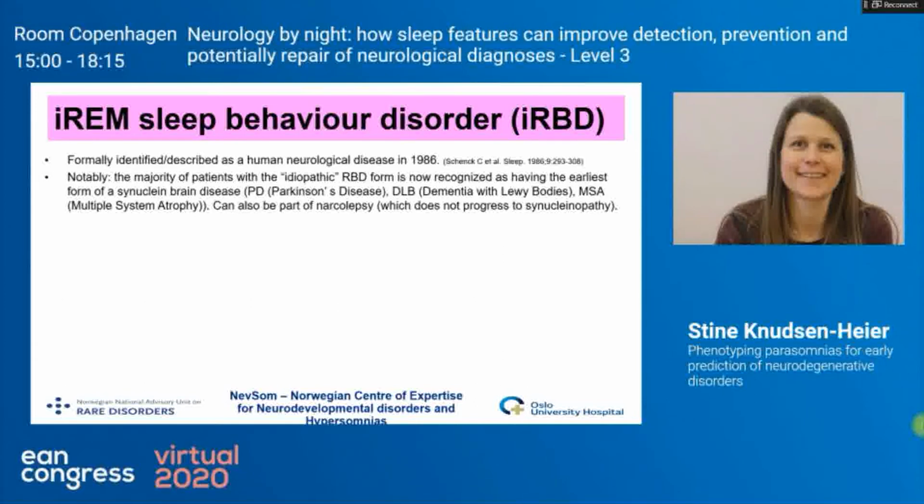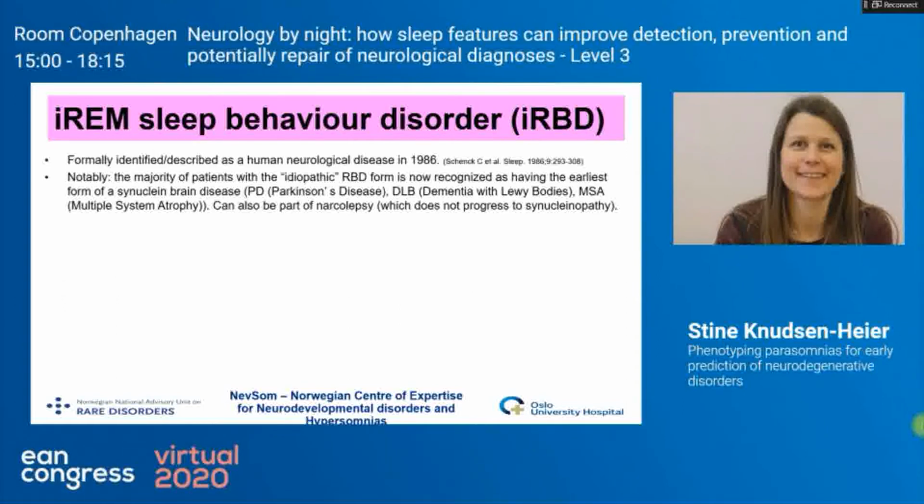REM sleep behavior disorder was identified or described as a human neurological disease in 1986 by Carlos Schenk and colleagues. It has actually been seen as an animal model in cats since, I think, the 1960s. But in humans, it was identified in the 80s, as I said. At that point, nobody really knew what it was, but now it is recognized that what was called the idiopathic RBD